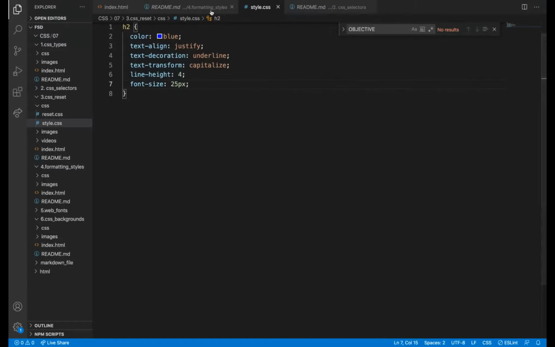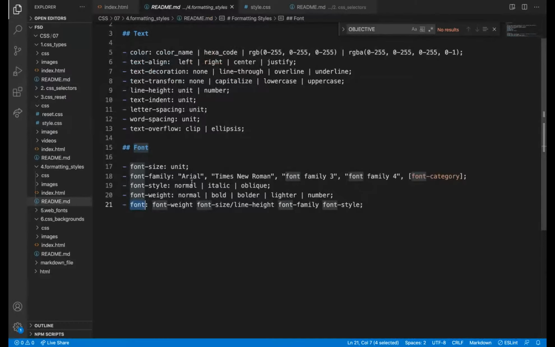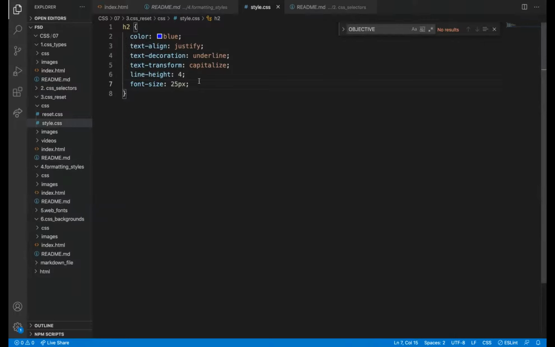And the other thing is font family. What is this? Wait, I'll show here. Font family, like in a document, we can apply any font family. But why are we writing a first, second, third, fourth family?